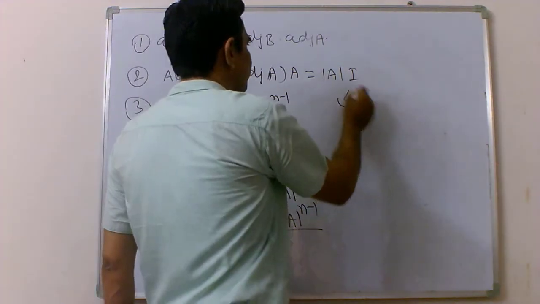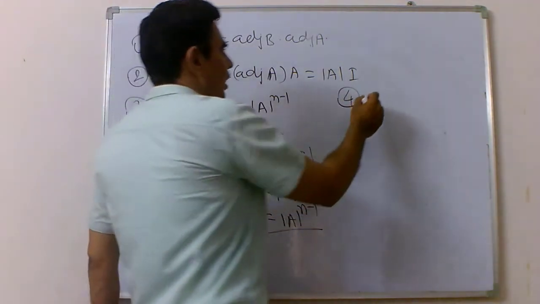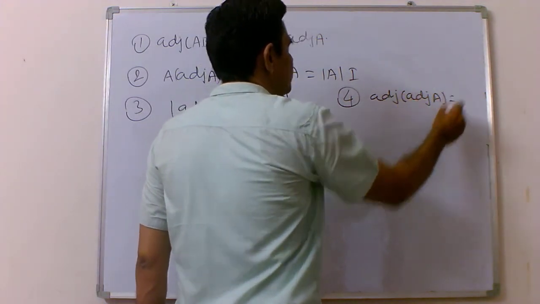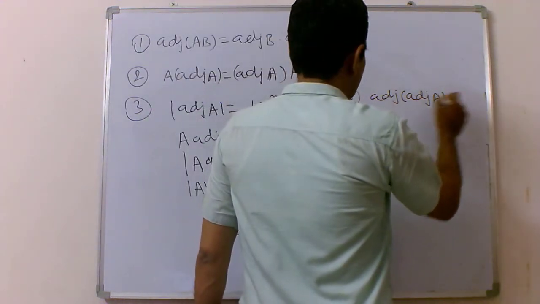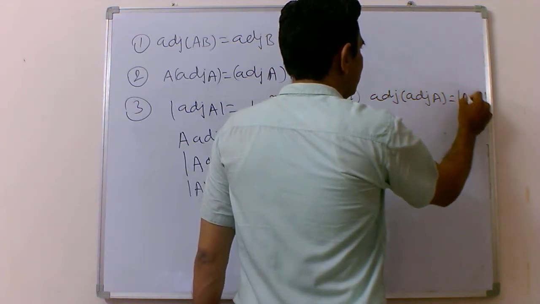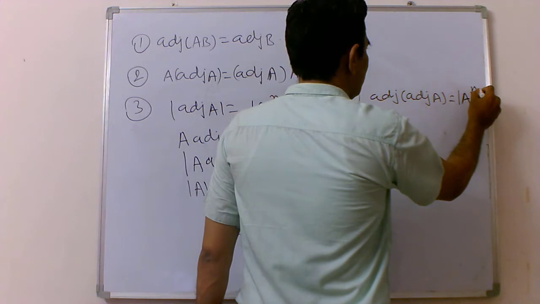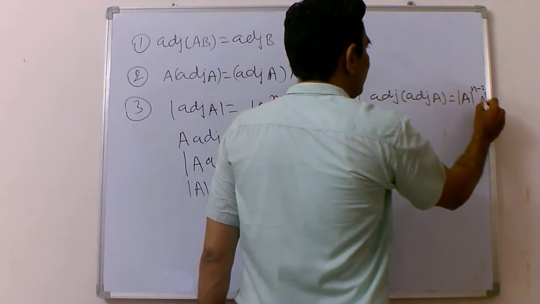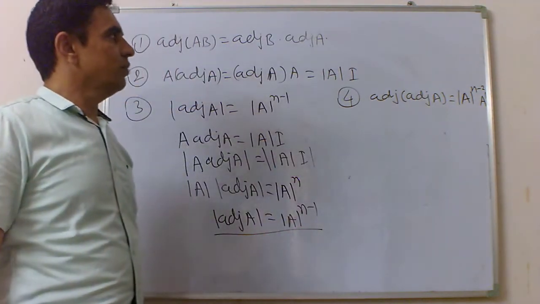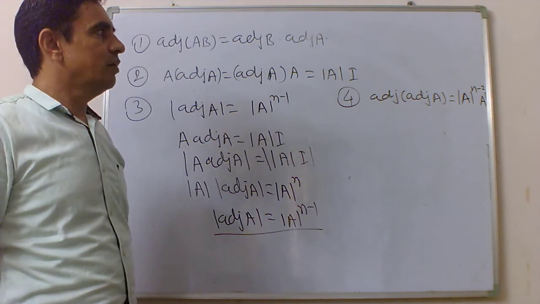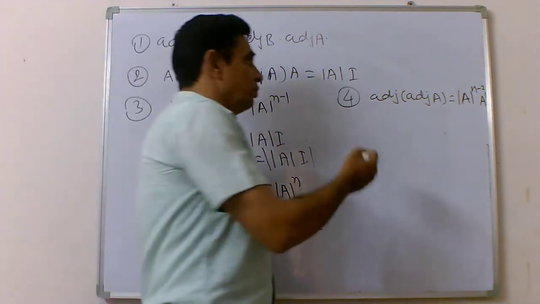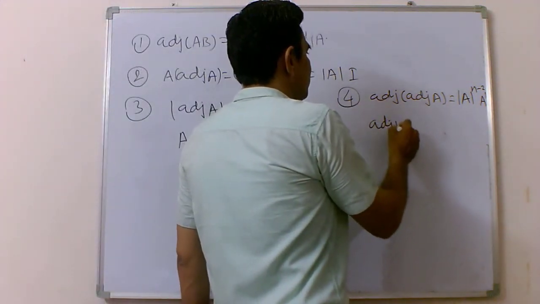Now next, fourth property: adjoint of adjoint of a is equal to determinant of a⁻n-2 into matrix A. We also prove this property. Adjoint of adjoint of a is equal to determinant of a⁻n-2 into matrix A. To prove this property, we consider adjoint of A is equal to suppose B,